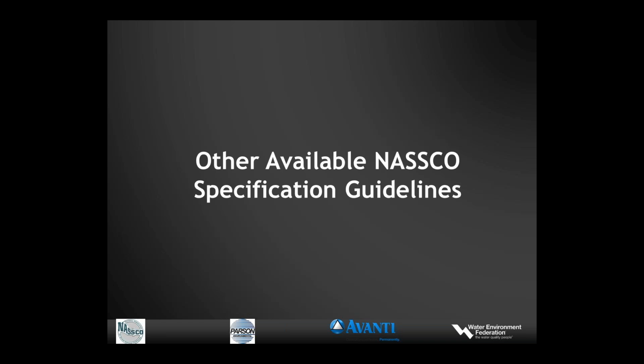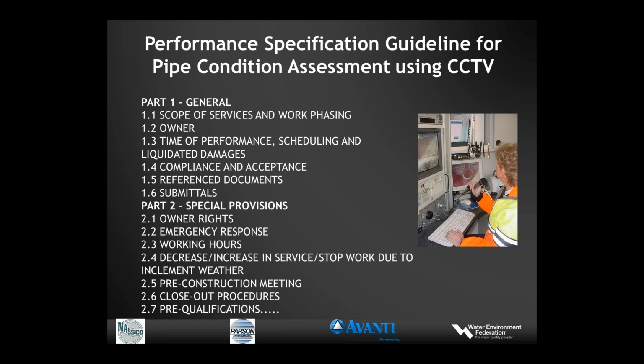Some other ones that Ted already basically mentioned, and I'm going to cover them very, very briefly, simply because of time. We can talk about each of these if you have some questions, but one of them is the Performance Specification Guideline for Pipe Condition Assessment using CCTV. So this is a specification for letting out a bid for CCTV inspection that actually will give you pipe condition assessment, which is based on the CIPP program. Again, it goes through parts 1, 2, part 3, and 4, anything from general to special provisions that might be specific to that project,